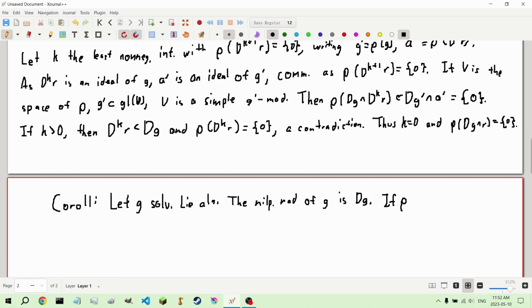If rho is a finite dimensional simple representation of G, rho of G is commutative,